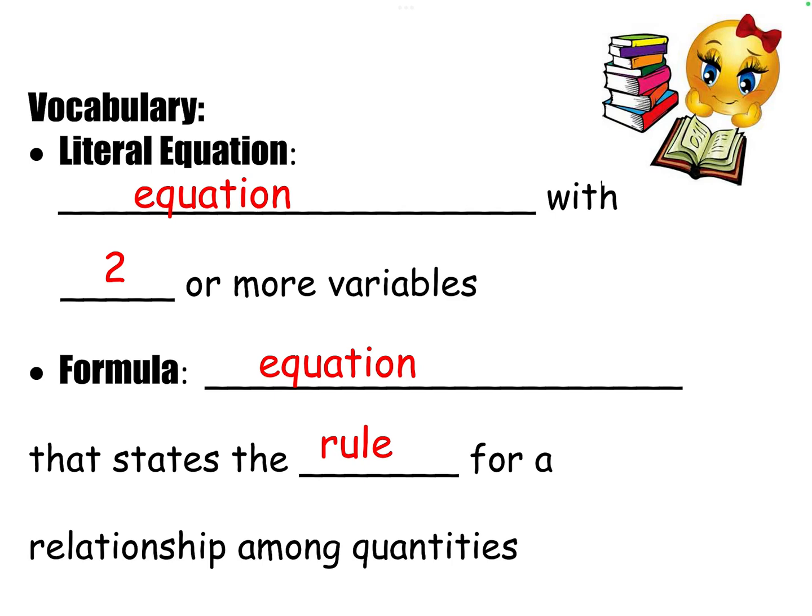area equals length times width, A equals LW. There's another example of a literal equation, but it also is a more specific one called a formula because each of those letters are showing you the relationship between those quantities. All right, so now let's dive in and we are just going to practice taking these literal equations and rewriting